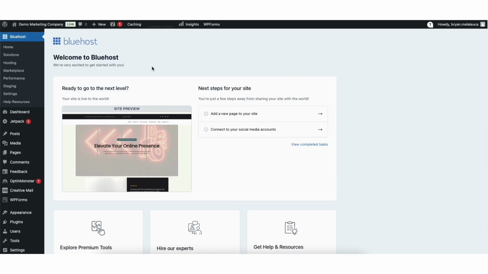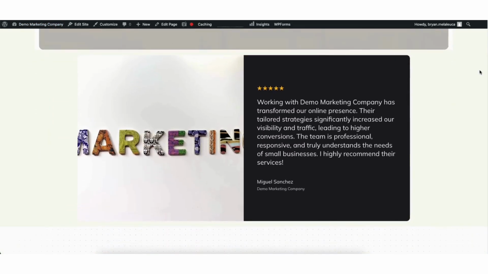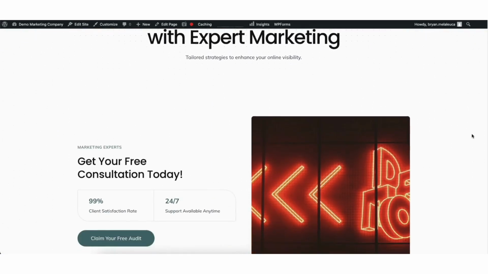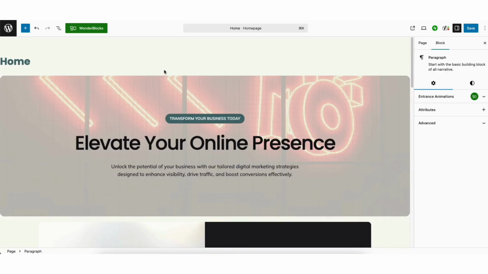Now let's go over how to make edits to the template and how to use the Bluehost Website Builder to create our site. Hover over your site title name up at the top. Click Visit Site. This will bring up the view of our website. To make edits to your site, click the Edit page in the top toolbar. It'll now bring you to the Bluehost Website Builder where you can create your site quick and easy with the